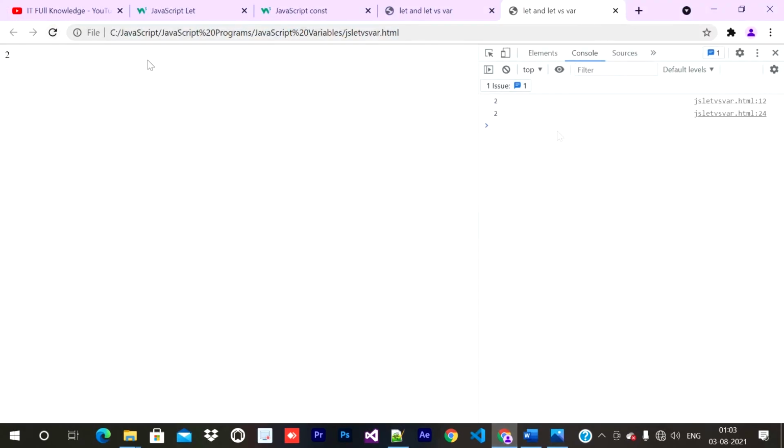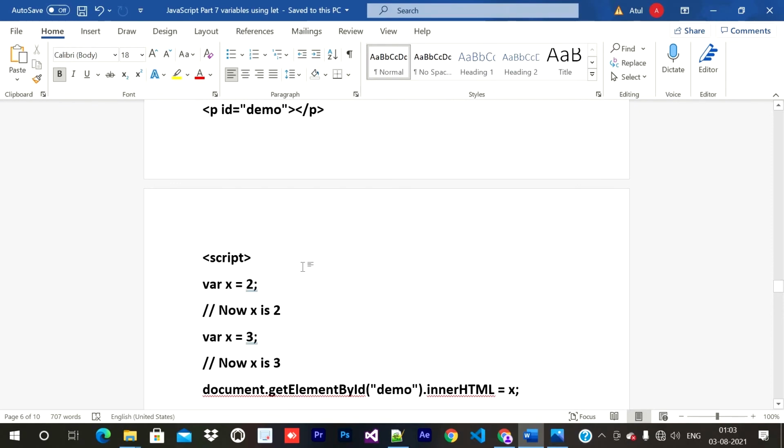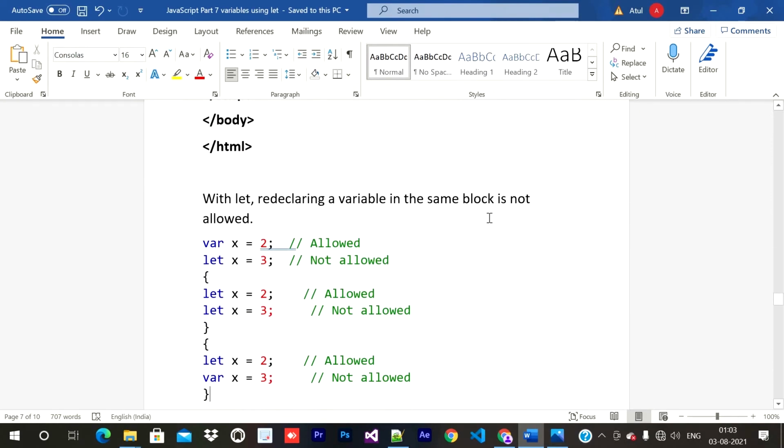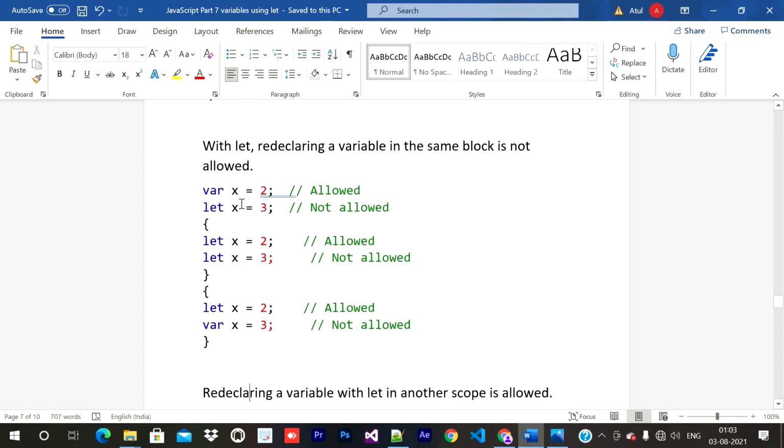Now you can see here that with let, redeclaring a variable in the same block is not allowed. So with var, x equal to 2 is allowed, we are just declaring a variable. Now within the same scope, if we write let x equal to 3, it is not allowed.